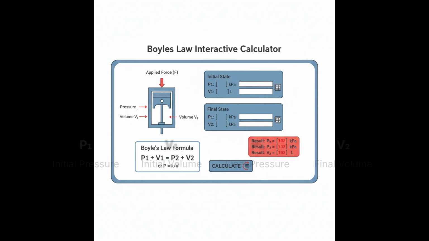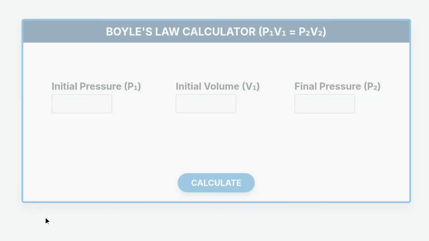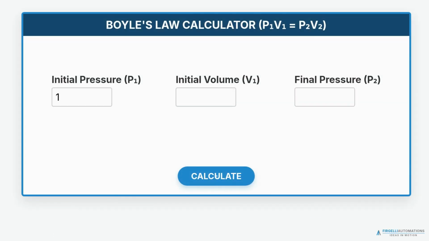The 4 main input fields are initial pressure P1, initial volume V1, final pressure P2, and final volume V2. You'll enter values in 3 of these fields, and the calculator determines the 4th based on your selected calculation mode. For our example, I'll enter 14.7 for initial pressure P1, 100 for initial volume V1, and 29.4 for final pressure